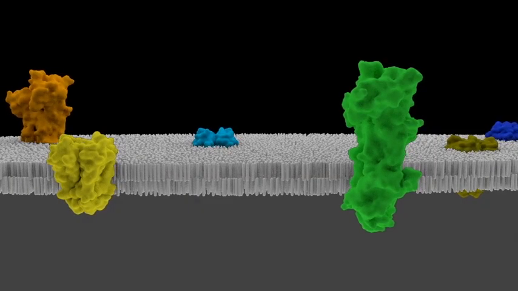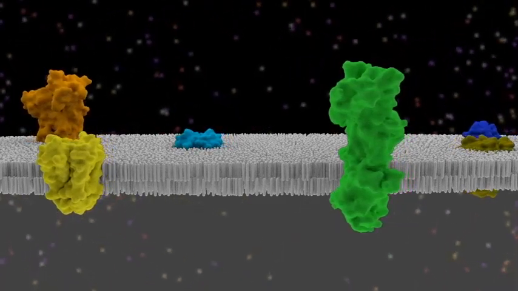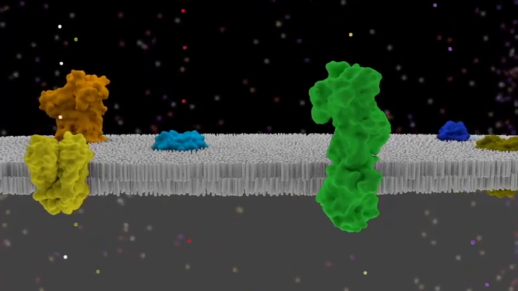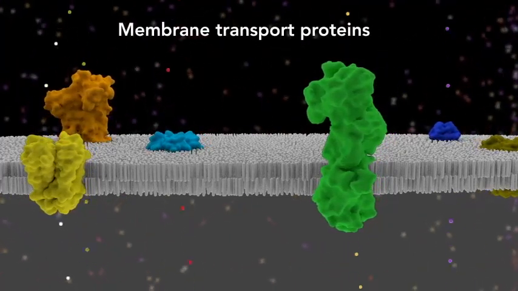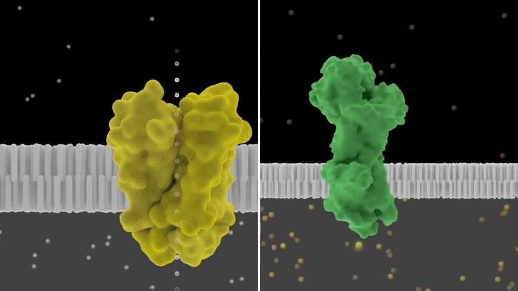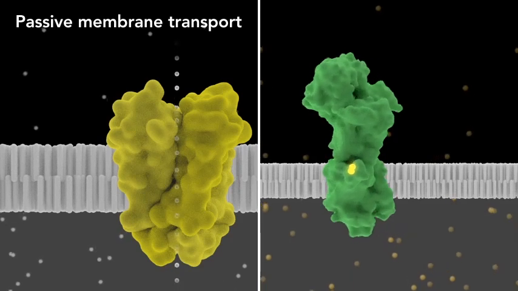Cellular homeostasis relies upon the careful regulation of the movement of molecules and ions across cellular membranes. For polar substrates, membrane translocation is carried out by membrane transport proteins. There are two main classes of membrane transport proteins: passive membrane transport proteins, which facilitate movement of material across the